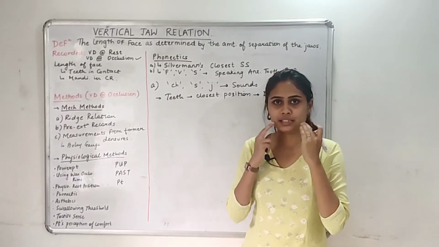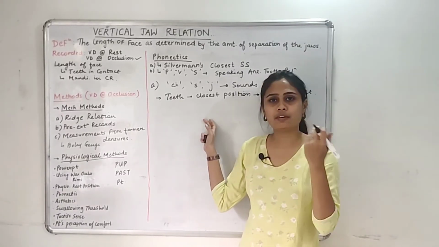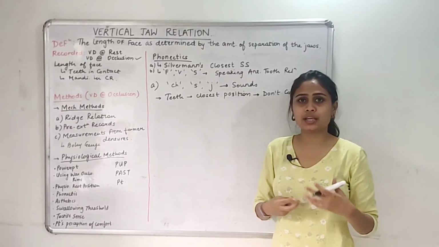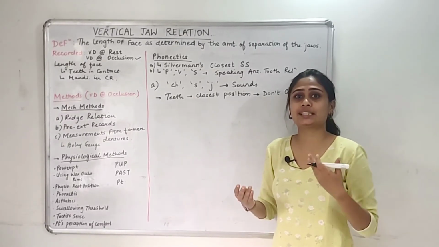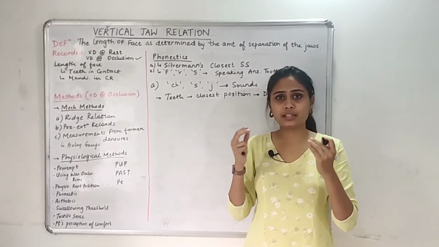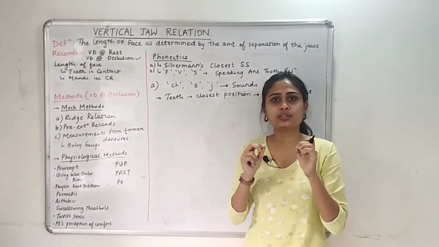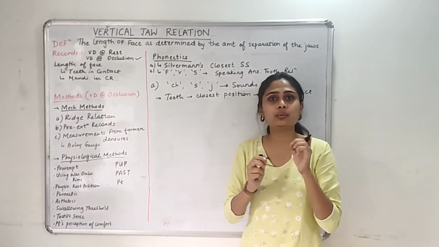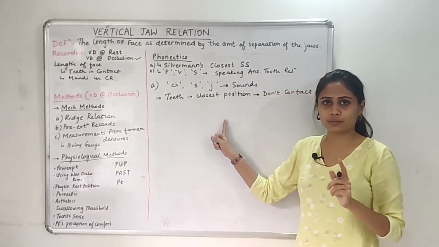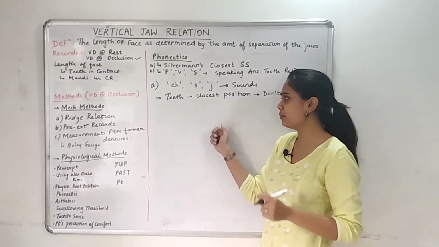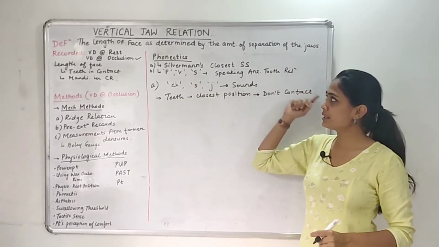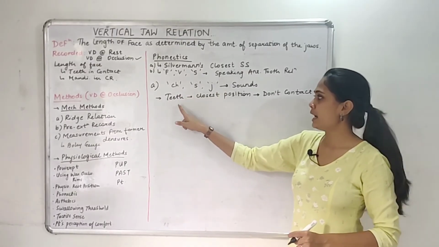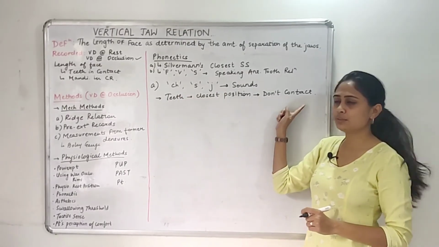When we place our teeth in the mouth, or we have our occlusal rims placed in the patient's mouth, and we ask the patient to say words like 60, 65, 66, the anterior teeth come in the closest possible relation, but they won't touch each other. There would be no point of contact, or they might touch very minimally. So in Silverman's closest speaking space, the sounds like CH, S and J are pronounced and the teeth come in the closest position, but they do not contact.